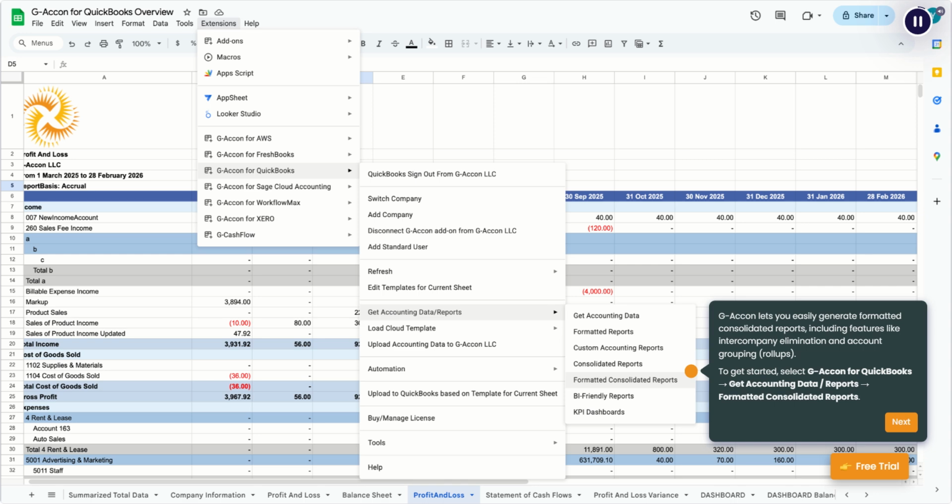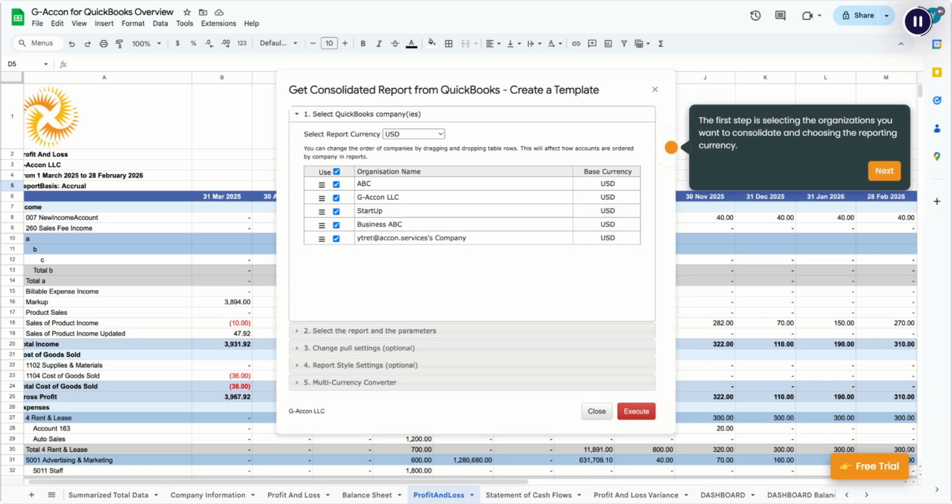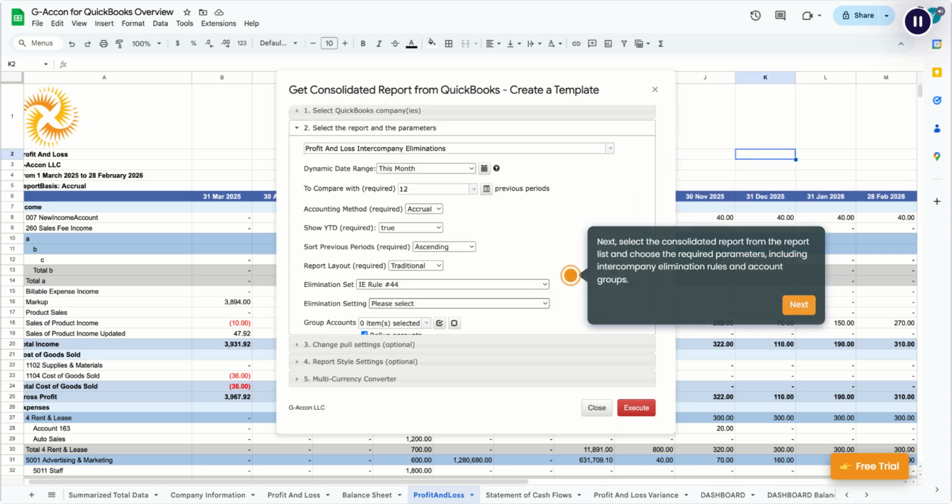G-Accon lets you easily generate formatted consolidated reports, including features like intercompany elimination and account grouping, roll-ups. To get started, select G-Accon for QuickBooks, get accounting data, G-Reports, formatted consolidated reports. The first step is selecting the organizations you want to consolidate and choosing the reporting currency. Next, select the consolidated report from the report list and choose the required parameters, including intercompany elimination rules and account